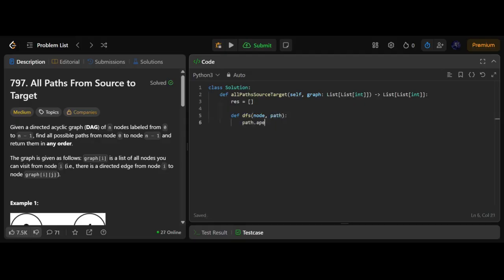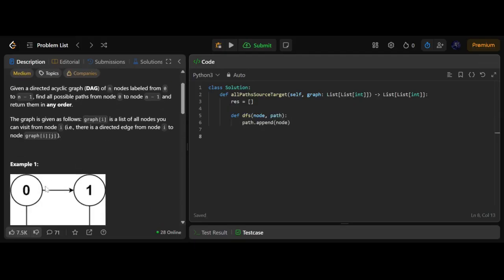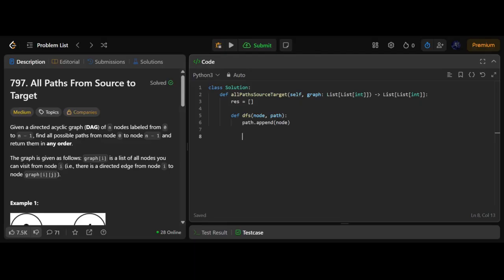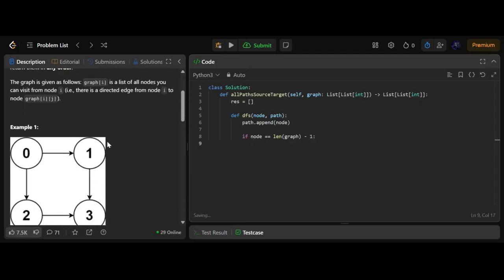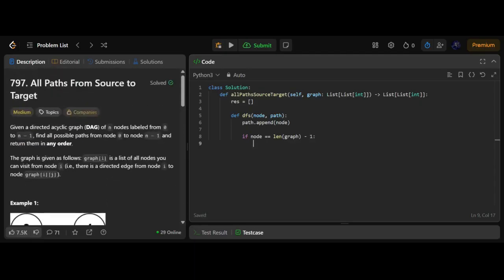And what we want to do is append our current node that we're at. So let's say we start off at node 0. We want to append 0 to our path, and we want to say if the node is equal to the length of the graph minus 1, well, we've found our destination node, which is n minus 1. So we can append a shallow copy of our path to our result list. We want to make sure it's a shallow copy because we don't want to mutate it